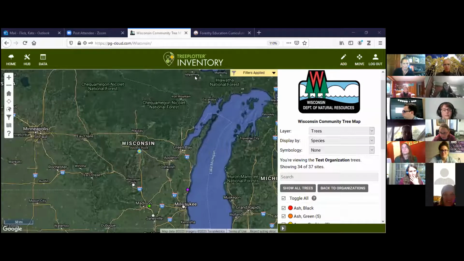So I just want people to be like, all right, here's this cool resource. And again, the main variables that you need to know are tree ID and diameter at breast height, which are both pretty simple things. And we have made a lot of online resources so that even if you're working remotely, or you're like, oh my God, I don't know anything about tree ID, we have resources available for you. Are people finding that to be okay? Just as you're navigating probably different browsers and things too.